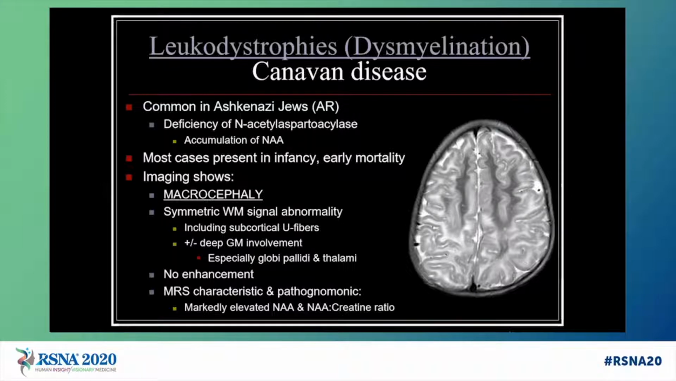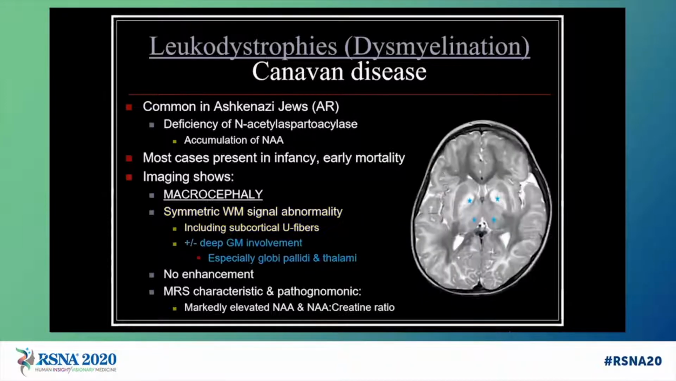So classically on clinical presentation, they're going to have macrocephaly. And on imaging, what we're going to see is symmetric white matter signal abnormality with early involvement of subcortical U fibers. You do not have that frontal predominant pattern like we see with Alexander disease. You can have deep gray matter involvement. Most often it involves the globi pallidi and the thalami. And along with the distribution, you will not see enhancement, which helps differentiate this from Alexander disease